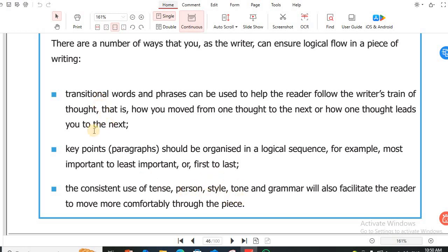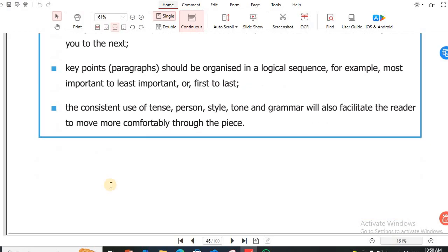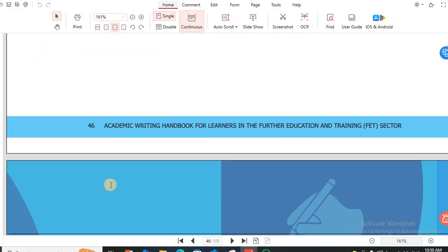So these things together: the use of the linking words, the logical order or sequence of the paragraph, and how consistent the use of the tense, the person, and the style. And then you have to think of